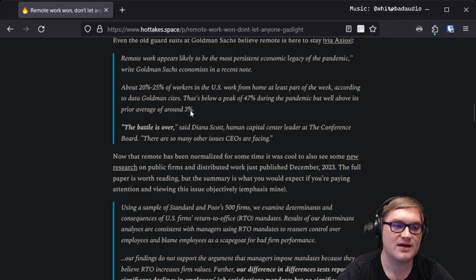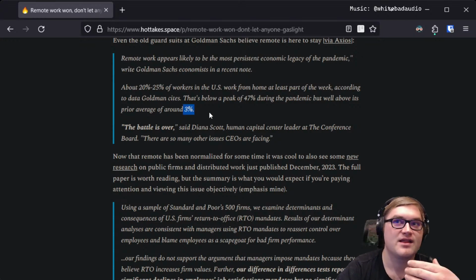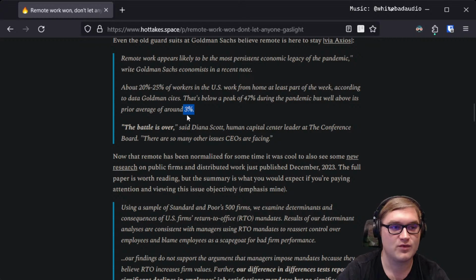And maybe, in the software and development industry, that is really low. There were a lot more remote workers writing software than 3%, that's for sure. But I guess in the rest of the world, or in all the other industries, banking, that probably wasn't the case. "The battle is over," said Diana Scott, Human Capital Center